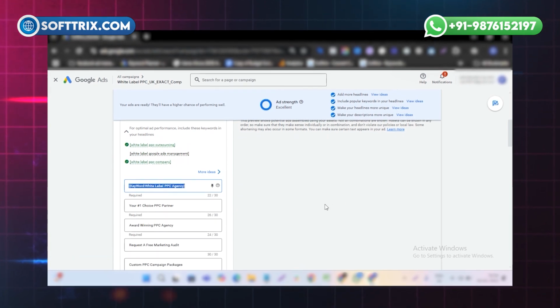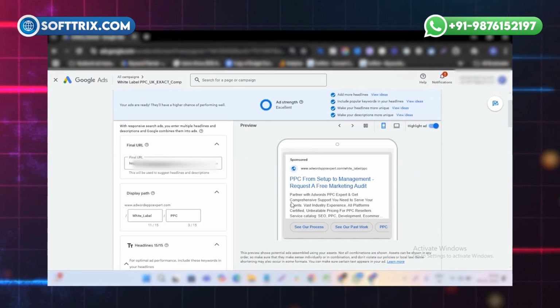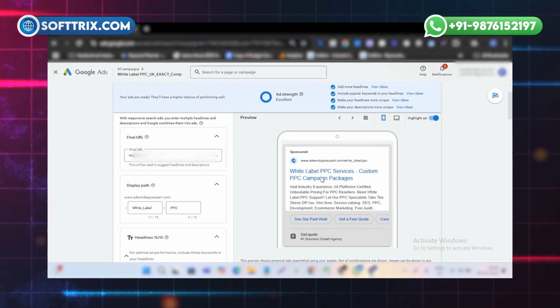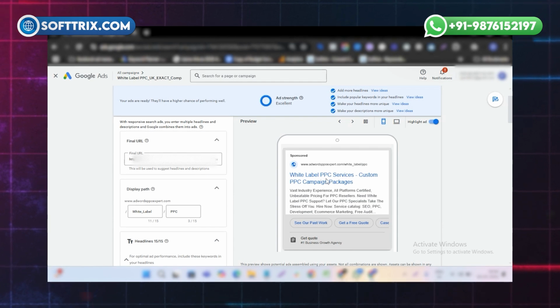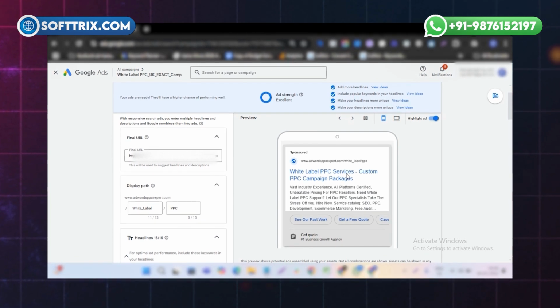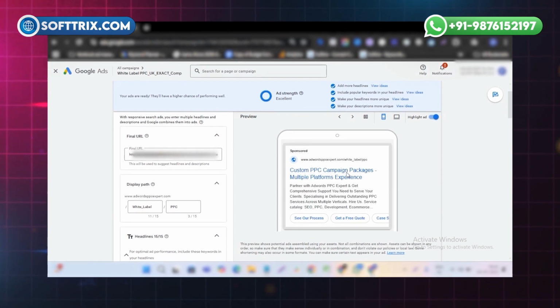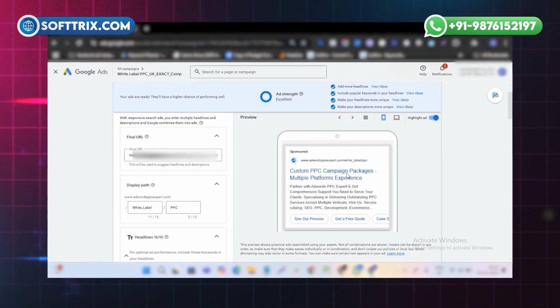like this. So once you have implemented a DKI, you can then preview it here in the ad preview. So you can see white label PPC services. So what will happen? The DKI will replace the headline with a search term that the user searches on Google.